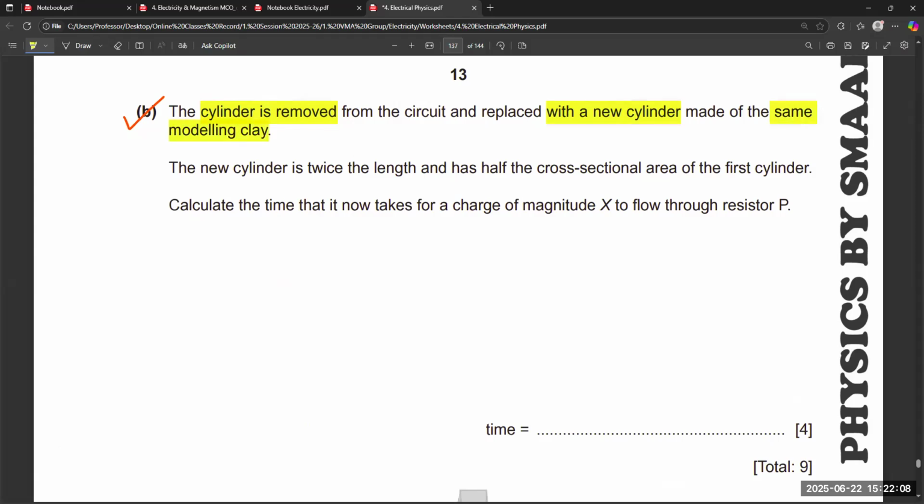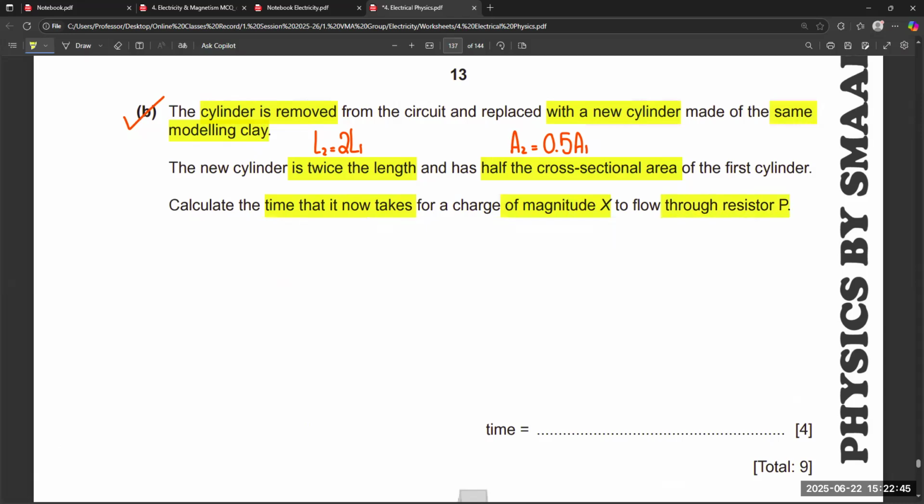The new cylinder is twice the length and half the cross-sectional area of the first cylinder. Now calculate the time that it takes for a charge of magnitude x to flow through